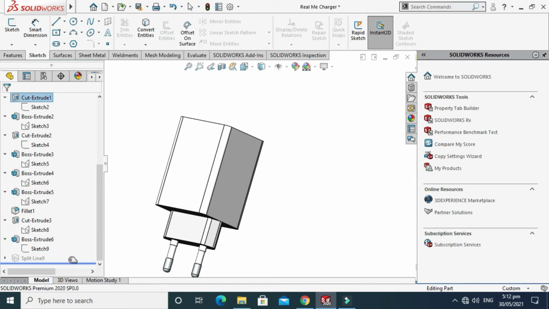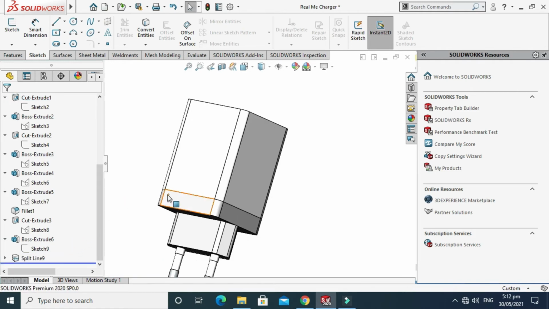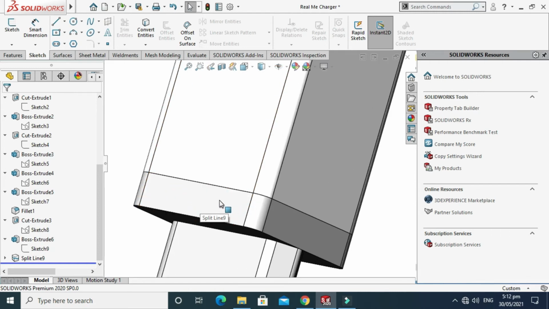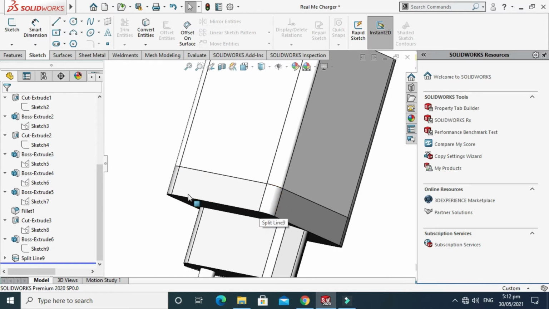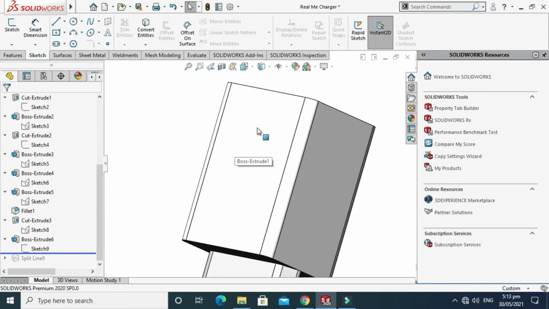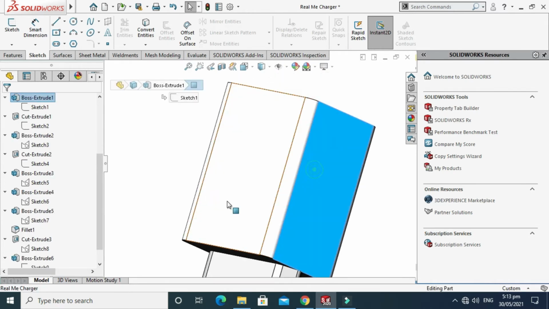Let's say, just drag back, roll back, and I want to apply material or some texture or color in this direction, or on these faces, and I can't apply material if I don't use this split line tool, because it is the face, right? And I can't apply some material on this face or this face, so I need to cut this face using a split line tool.